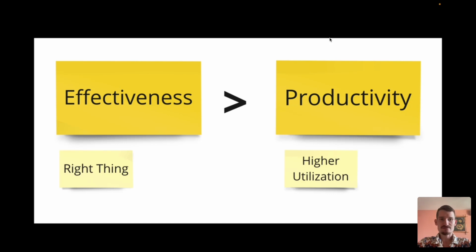And effectiveness, however, means doing the right thing. And higher utilization doesn't always mean that you're doing the right thing. More probably, you're going to be working on really insignificant tasks just to keep people busy instead of letting them contribute to the most important part of the project. And that's why you should focus on effectiveness, and mob programming is one way to focus on effectiveness. So you have five people working on the most important task always, and you can't afford these people to work on the least important task because that's the whole team you have there.